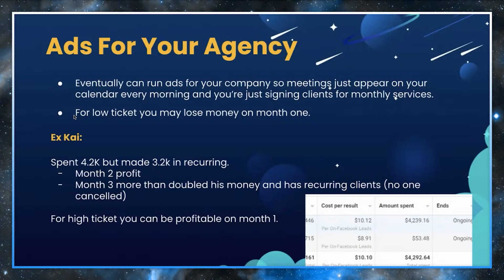When we were running ads for my agency, I was selling high ticket. And if you do sell high ticket, you can be more profitable. Every time we would spend $1,000, I would get 8 to 10 meetings roughly. So we're spending about 80 to 100-something per meeting. I would always at least close 2 of those meetings. Our fee is $1,500 per month. So if you do the math, 2 clients, that's $3,000 per month. That's our service fee. That's not even counting ad spend or anything else that the client had to cover. So we spent $1,000 and we made back $3,000 per month in recurring revenue. It's hard not to grow a business when you have numbers like that.